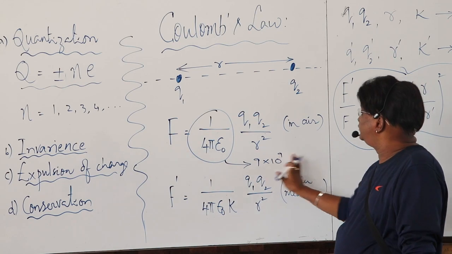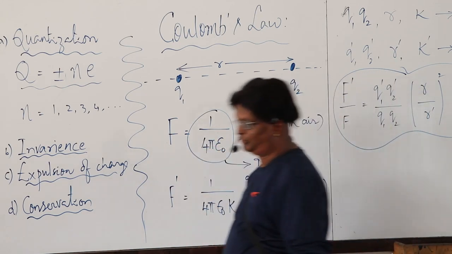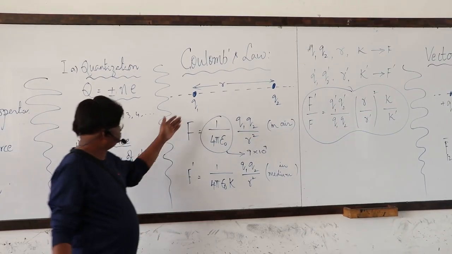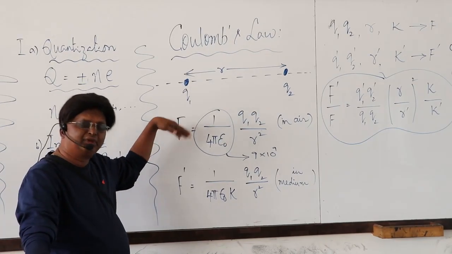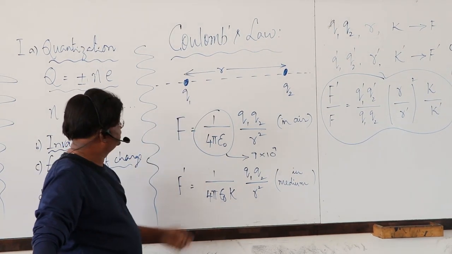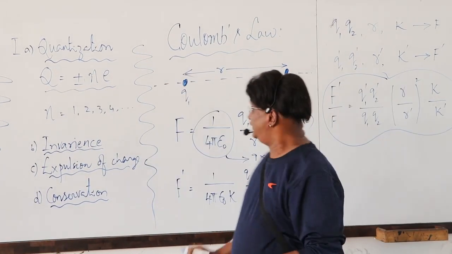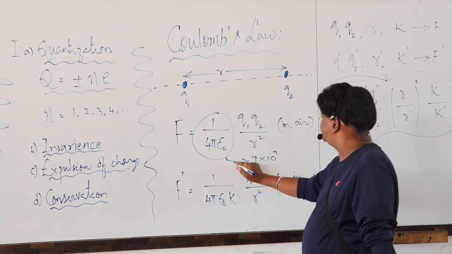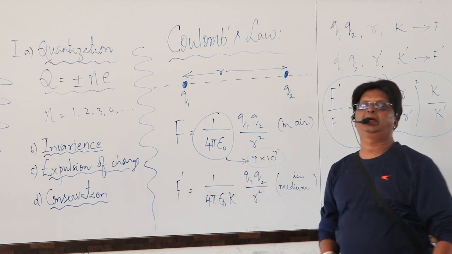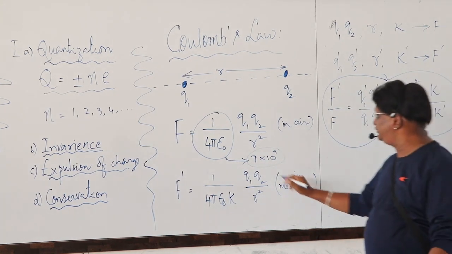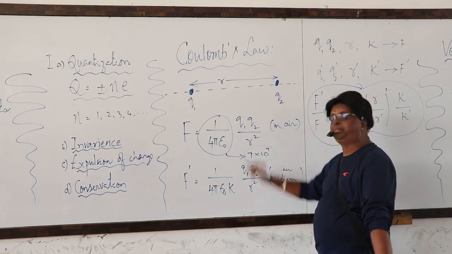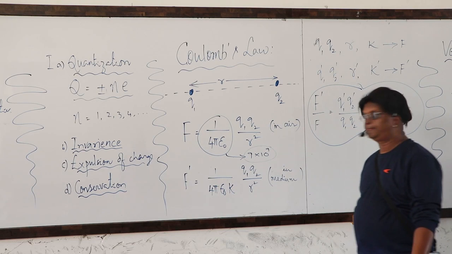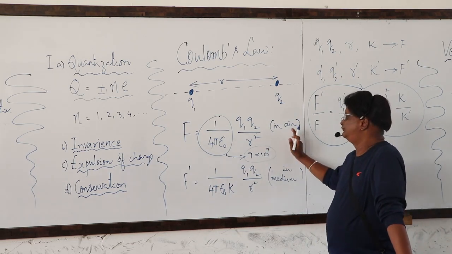Now this is the popular thing that you know very well. F is the force between Q1 and Q2. Both may be either like charges or unlike charges. Like charges repel, unlike charges attract. This force is a very popular expression. The constant 1 by 4 pi epsilon naught, if a numerical value is needed for any calculation, is 9 into 10 to the power 9. The numerator is the multiplication of charges and the denominator is the square of the distance. This is the case for force in air.